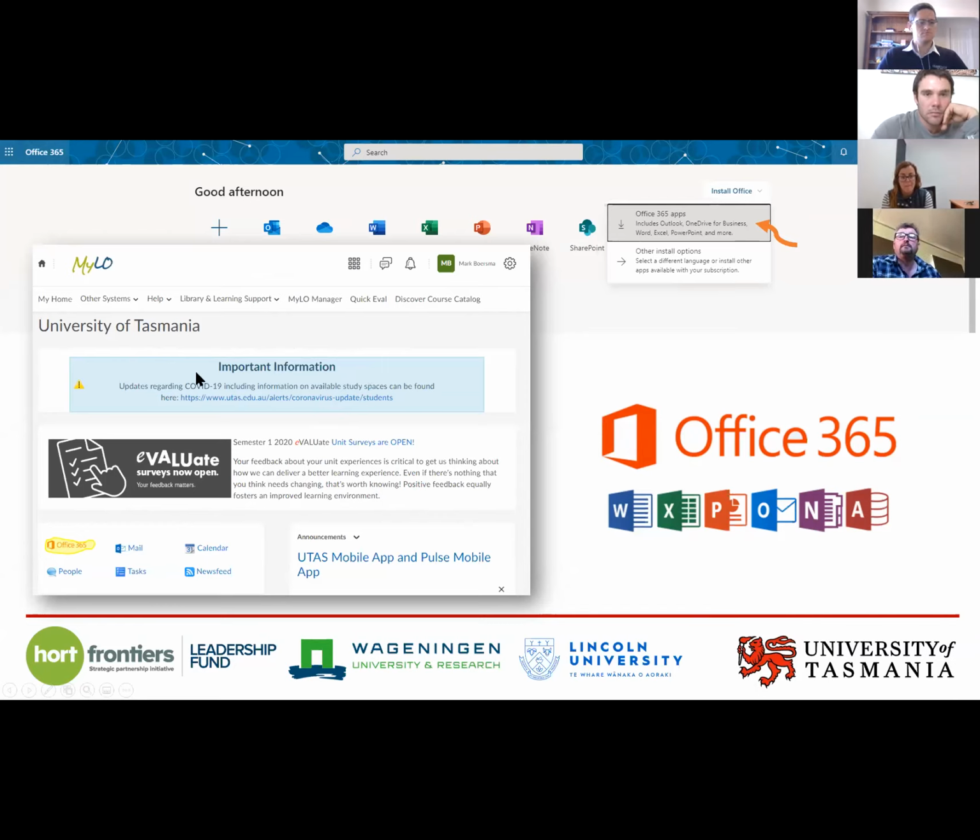So in this section here, this is the homepage that you'll see in Milo. Down here, there's an Office 365 link. It should open up into a page similar to the one I've got in the background here, and you can download Microsoft Office 365, which gives you access to the versions of the Microsoft suite that we're using.